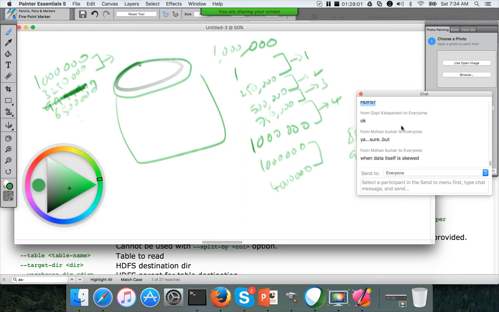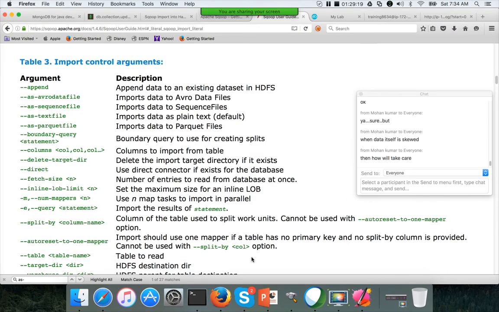That's a very good question. When data itself is skewed, then that logic needs to be implemented as part of the data integration platform. We cannot address all the scenarios.